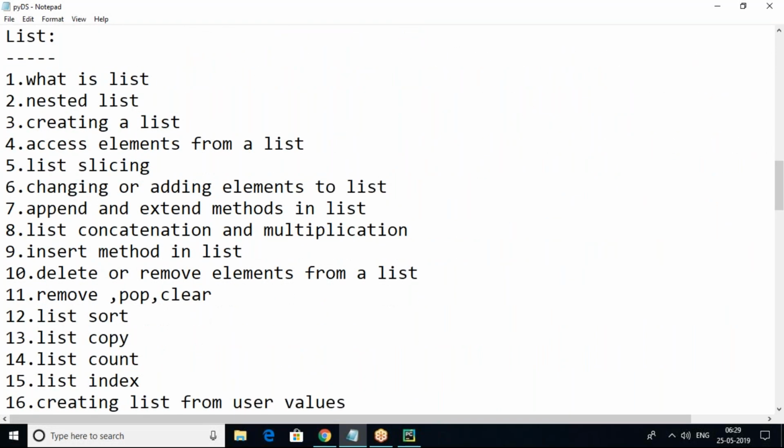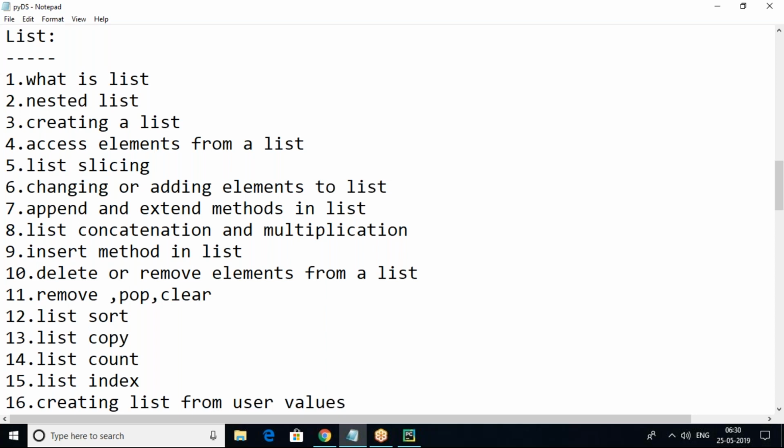Next, coming to list. List is our next data structure, the next data type in Python. We already discussed previously what a list is. A list is a sequence, an ordered collection of items. How to create a list? A list can be created by using square brackets. Each item is separated with a comma. A list can contain different data type elements. Yes, it contains string elements, float elements, integer elements, all of those.